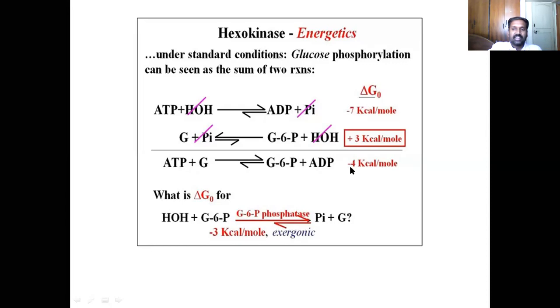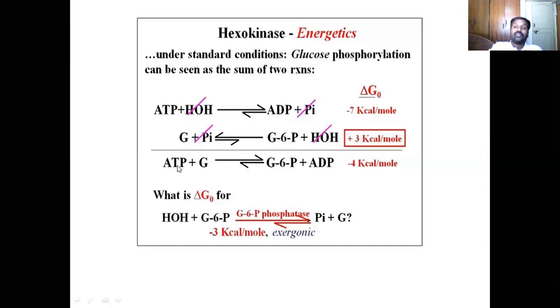So since the sign is minus, this reaction is exergonic. Is it not? Not as exergonic as ATP hydrolysis, but fairly exergonic, minus 4 kilocalories per mole. So now the cell has got phosphorylated glucose. That was it. That is the molecule the cell was looking for. So how did the cell make it? Not by direct phosphorylation of glucose with inorganic phosphate.